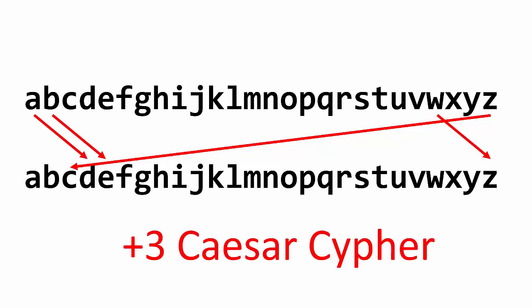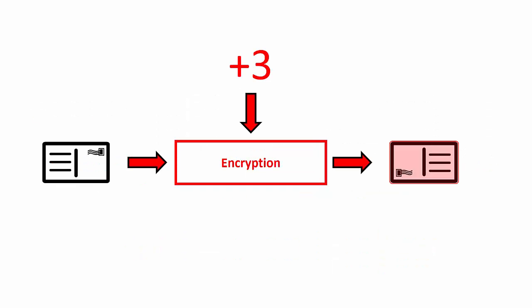This method is known as a Caesar cipher because it was used by Julius Caesar over 2,000 years ago. So that should tell you how state-of-the-art this particular method is. But it captures everything we need to know about how encryption works. We're going to have some encryption method, and trust us, today's computers use something more fancy than a Caesar cipher. But we also need a number that helps us use the encryption. So in the Caesar cipher we used 3.